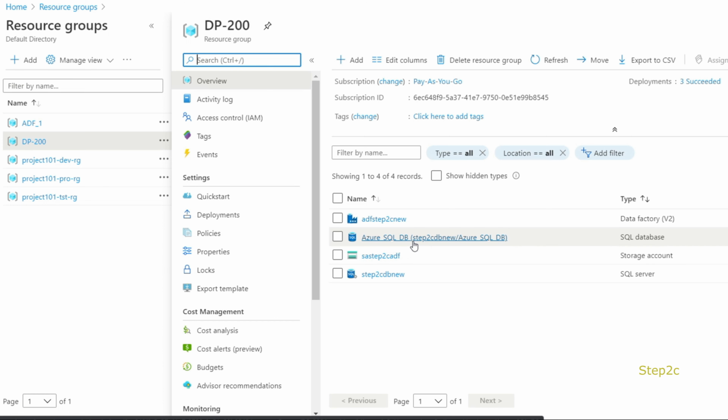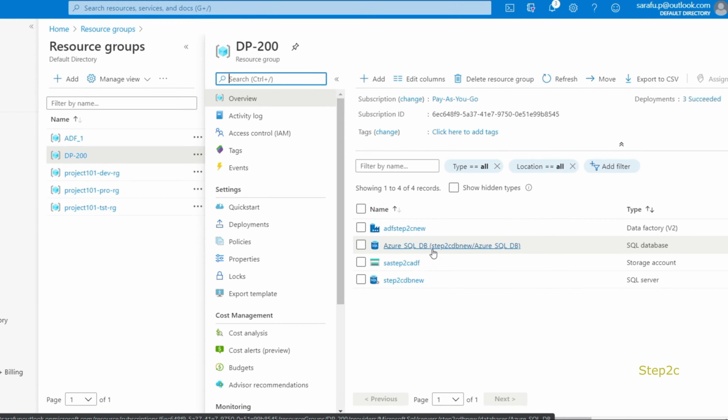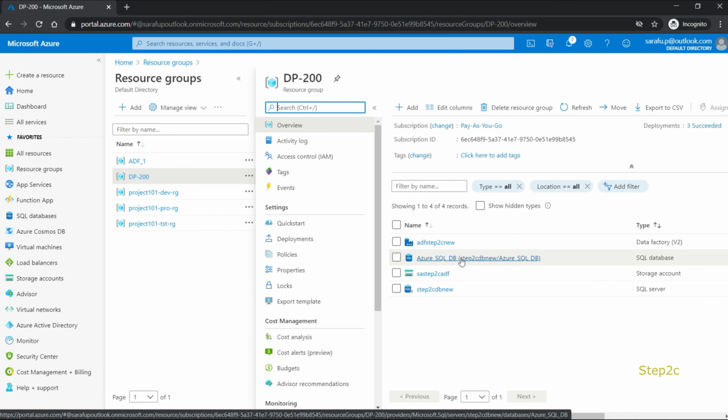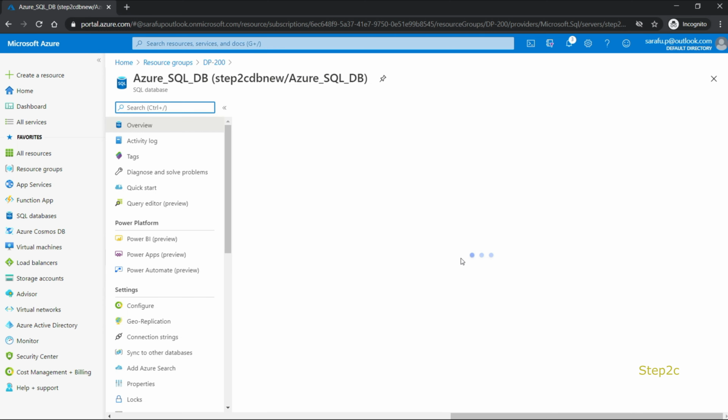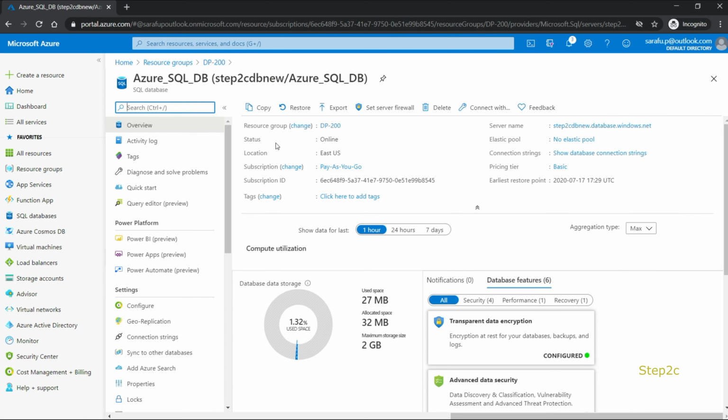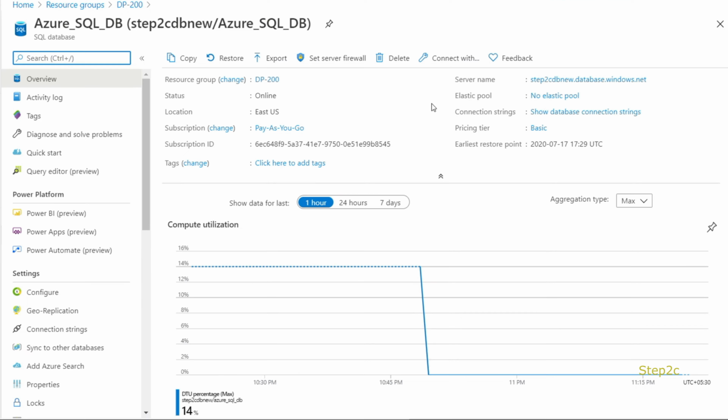Let's try to see the data inside our SQL database. In order to access the database, click on the database, and you could see an overview. Inside the overview tab, we have a server name, and we could use this server name in order to access this database.